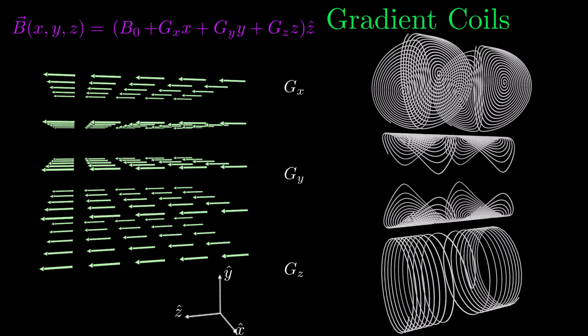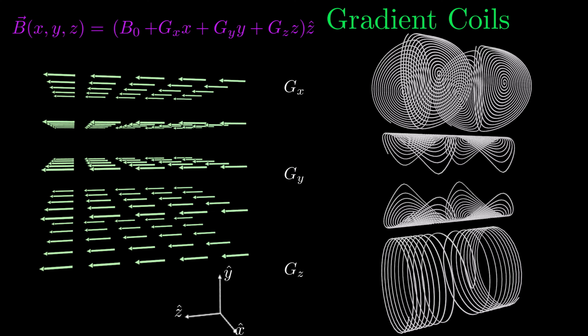Here we see that the gradients serve the purpose of altering the B field in X, Y, and Z by adjusting the values of Gx, Gy, and Gz respectively. If all the gradients are off, all G values are 0 and B is just B0 everywhere. By flowing current in the gradient coils, we create additional magnetic fields on the bore, which creates a spatially varying